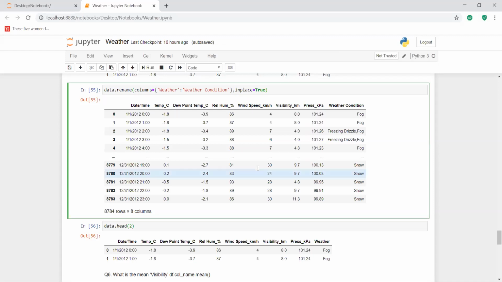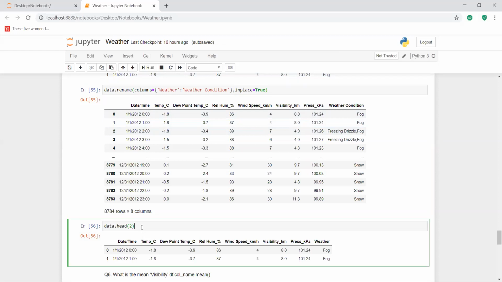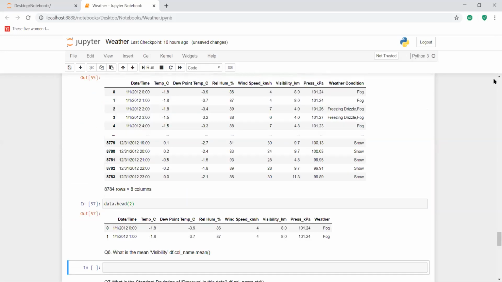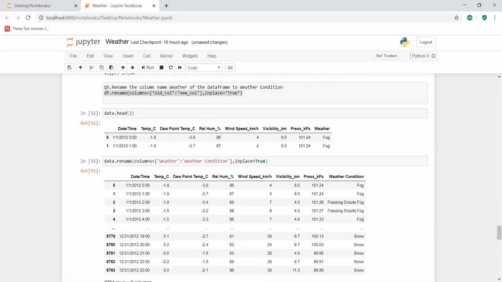So here inplace equal to true means the changes you have made, that is the renaming you have made, will be reflected in our data frame. So for that, we have to give inplace equal to true. So now let us check this again. I'm executing this data frame command again, checking whether it has been changed or not.